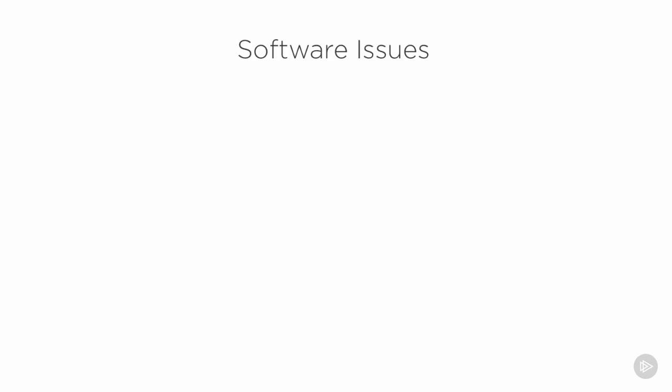Let's take a look at auditing software. Auditing software includes ensuring we have adequate licenses to cover all of the users we have, but also making sure we have not invested in licenses we're not using. In some cases where we have bought software from a vendor and we don't have the actual source code itself,